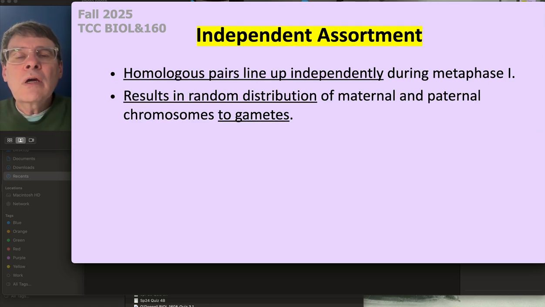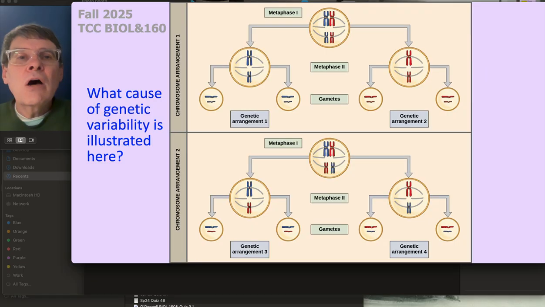And during prophase to metaphase, the homologous pairs line up independently along a central axis, resulting in a random distribution of genes. Here you can see in the upper image, the blue chromosomes appear on the left, and in the lower half, in the central portion, the red and blue chromosomes are on the left and a red and blue on the right. We can see via metaphase 1, this second group here will lead,